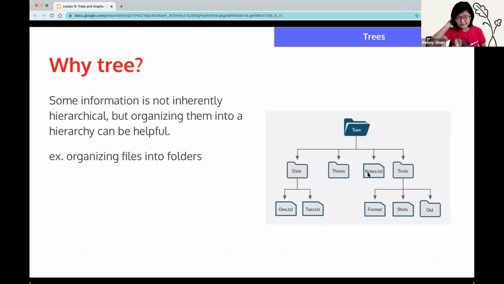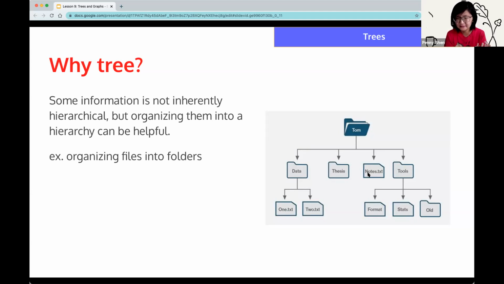And even if information is not inherently hierarchical, organizing it into a hierarchy can still be helpful. I think a good example of this is thinking about the files on your computer. Let's say over your four years of school, you wrote like 100 papers. You can put them all under one folder. You don't need to organize them in any way.